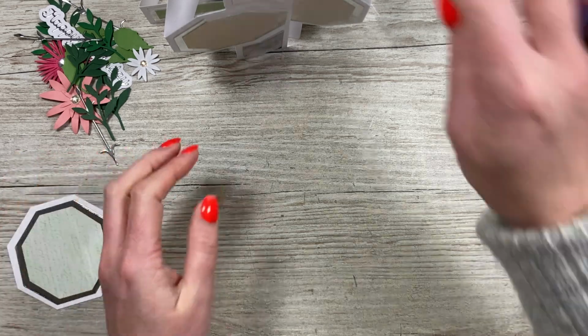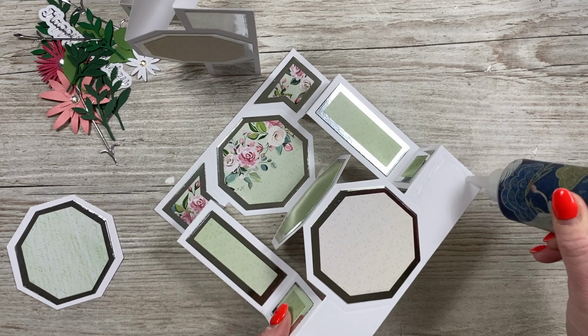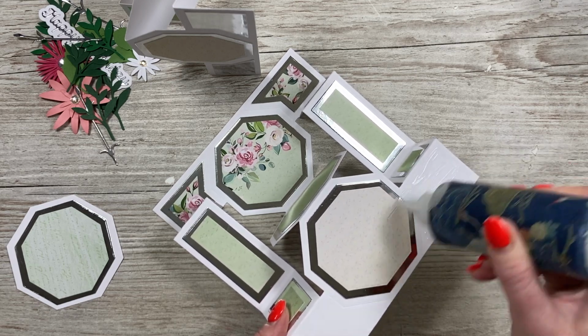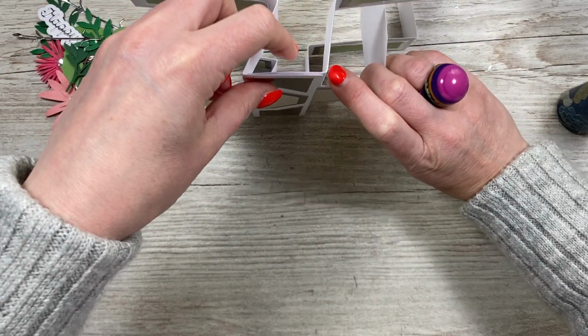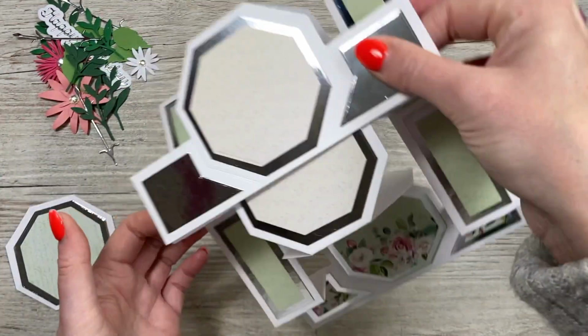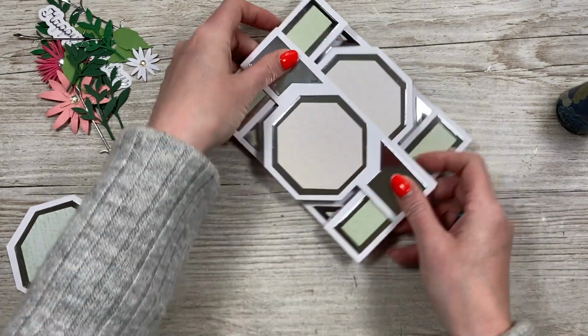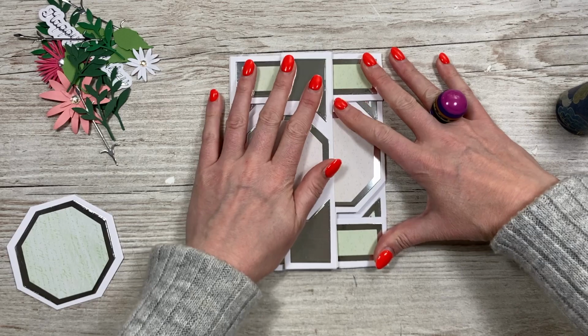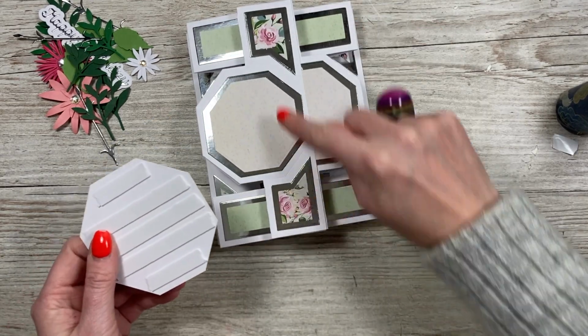Okay, so whilst that's drying, I'm going to add my glue right down here, like so, and then sit that one right in behind there. And fold it all flat, that way you know it's all going to be straight and fit in your envelope. Okay, so I've just popped foam on the back there,